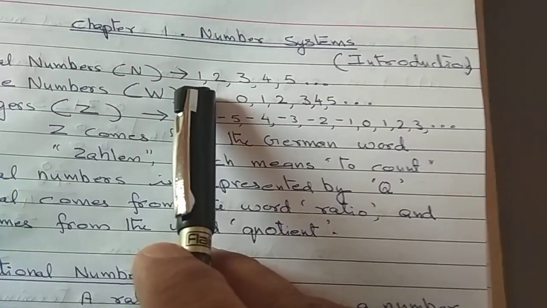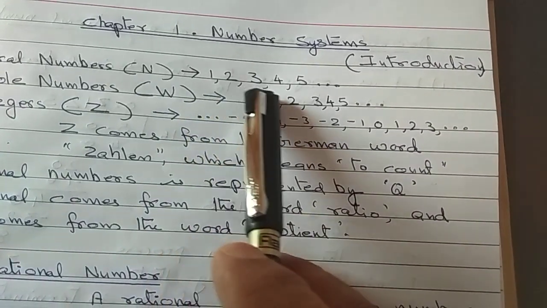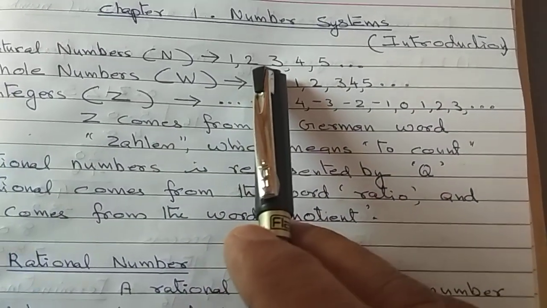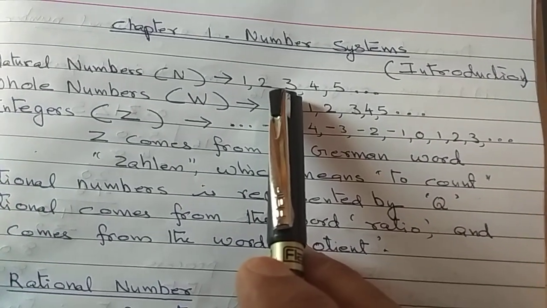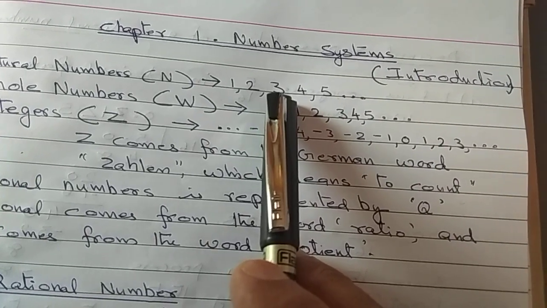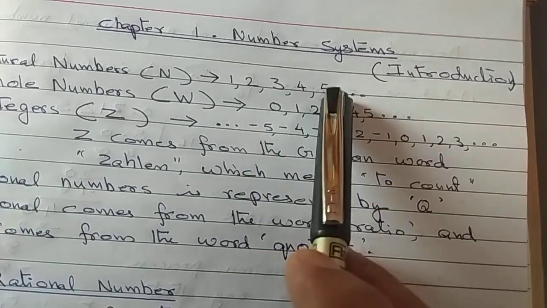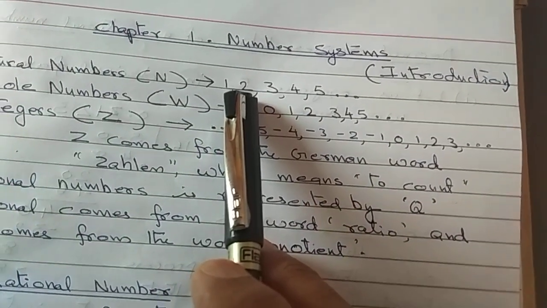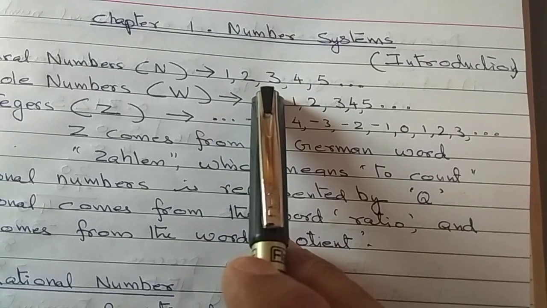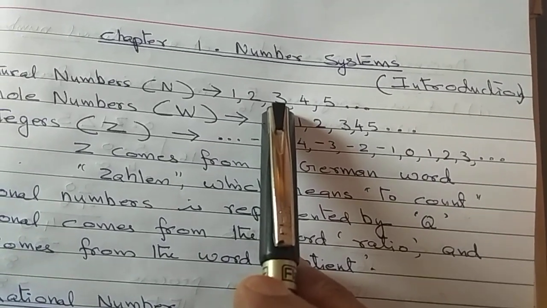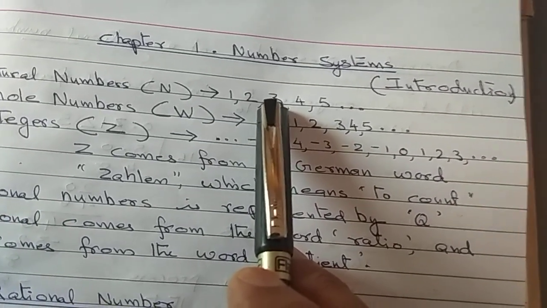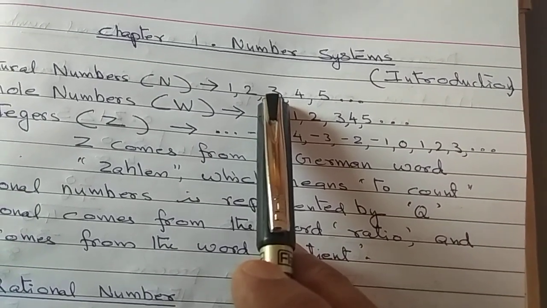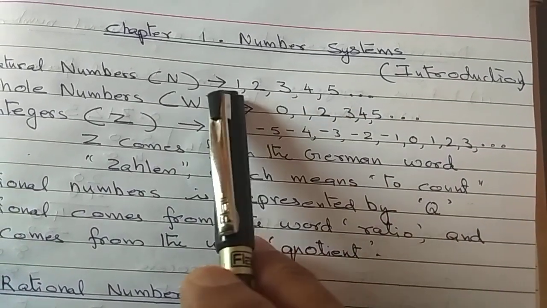The smallest natural number is 1 and the largest one is infinity. We could do many calculations with the help of the system of natural numbers, like 3 plus 2 equal to 5, 3 minus 1 equal to 2, and so on. But the problem was that when you subtract 3 from 3, or take away 3 from 3, we get 0, but it is not there.